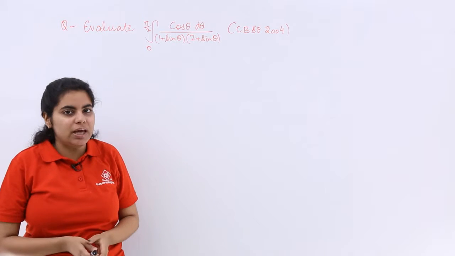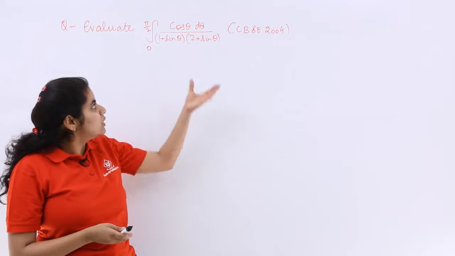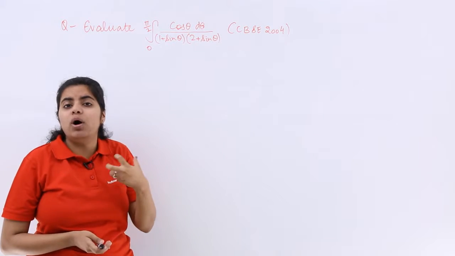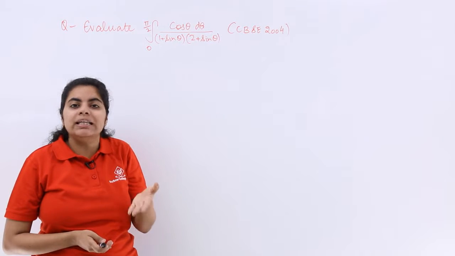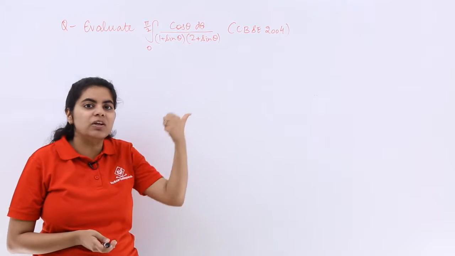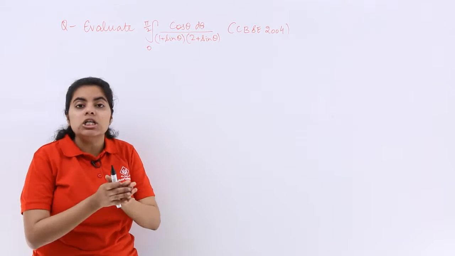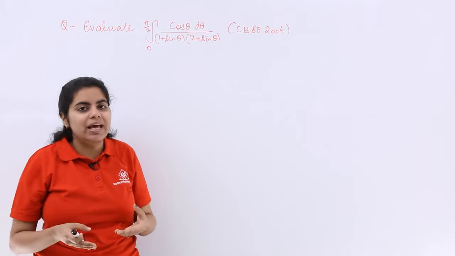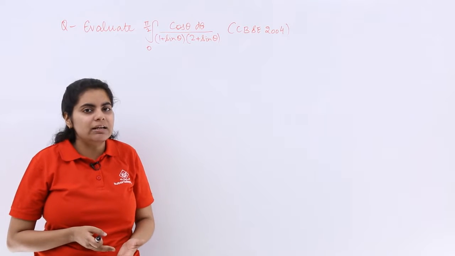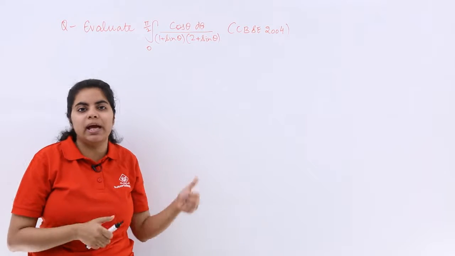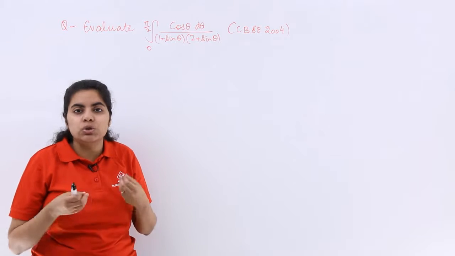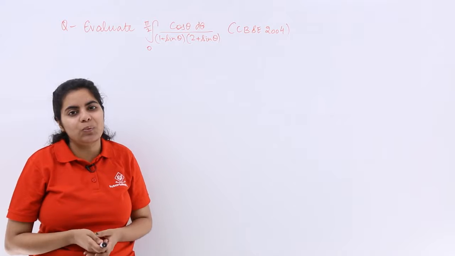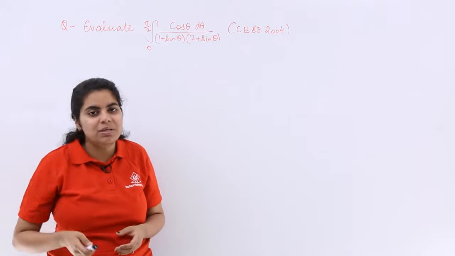Now see this question carefully. You can find that here there is sin theta and here there is cos theta, and what is the relationship? We know that the differentiation of sin theta gives cos theta d theta. So that means I can go by substitution. Do not forget that whatever techniques you studied in indefinite integration would be helpful here. So if you do not know indefinite integration properly, first revise those concepts and then go with definite integration. So let me start with the solution.